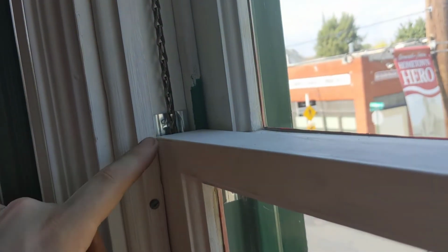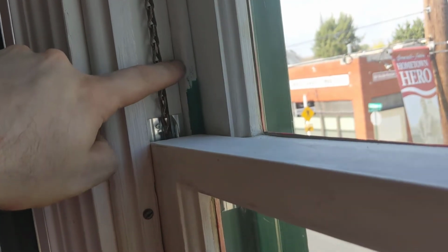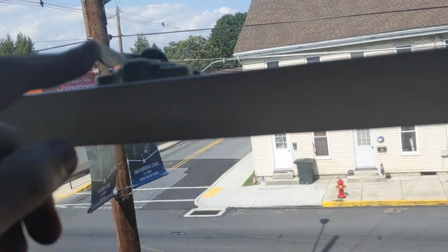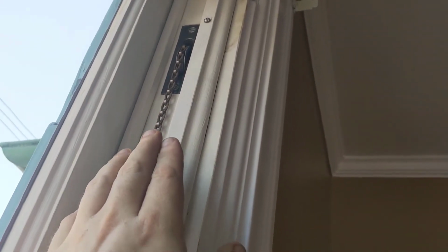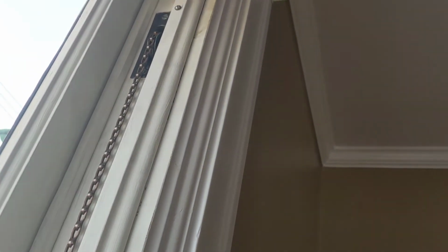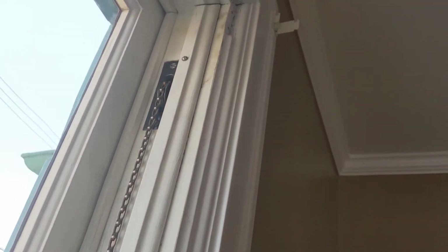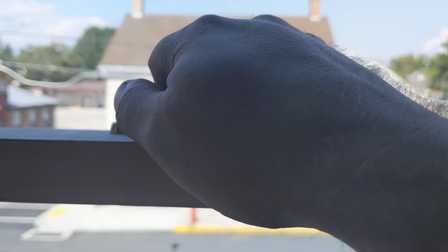And here you can see where I have the weather strip coming up just a little bit from the lower sash, the chain, the parting bead, the upper sash, and then we have the sash latch. And if we go up here, you can see the pulley and chain. Now the chain's all retrofit. Somebody retrofitted most of that at some point in the past. The house was built in 1888, and there are sash cords on some of the windows here. Anyways, so we can unlatch,